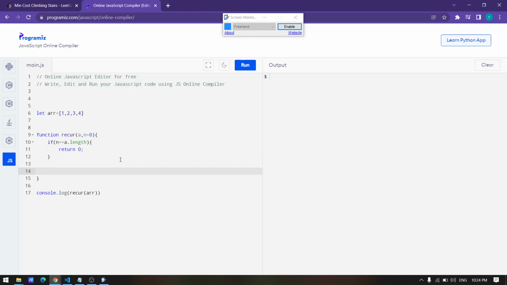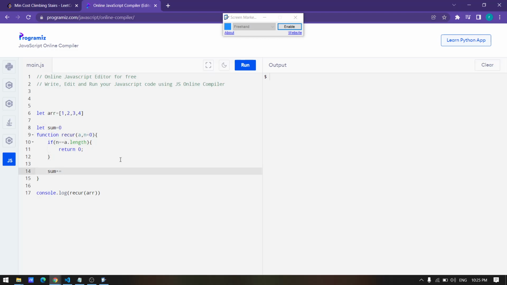We are adding these array numbers. For adding these numbers, I declare one sum variable, sum is equal to 0.